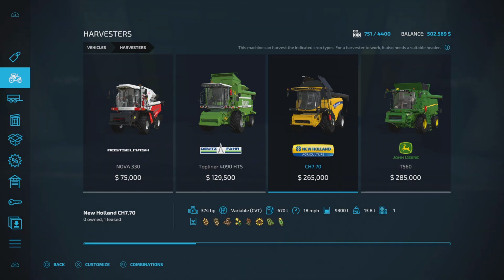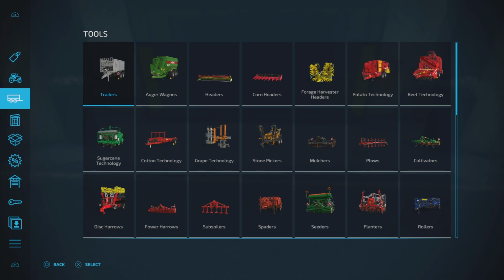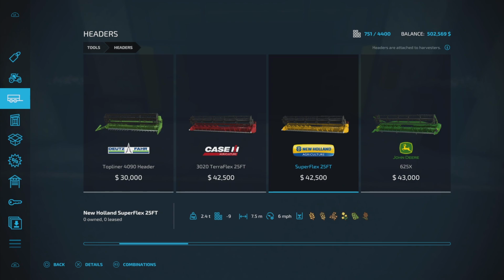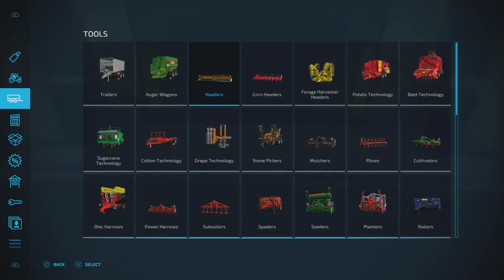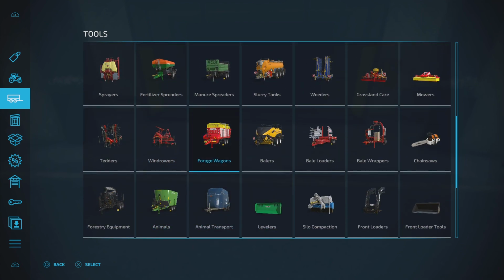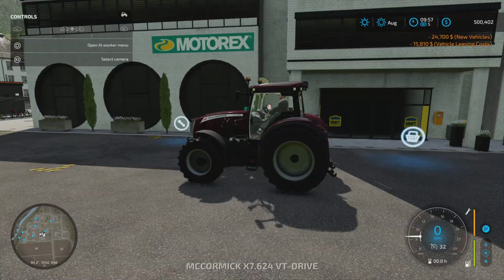And New Holland header. So we need a header to put on that harvester. We're just going to buy the New Holland one because there it is. And by buy, I mean lease, because we're renting that as well. So 15,000 to get this up and running. And I don't know, should I get a header trailer? I don't really want to spend any more money on this. And since we're renting it, maybe we can just